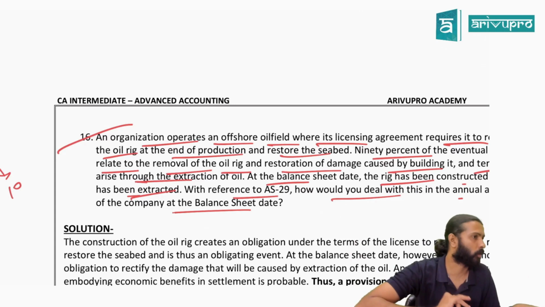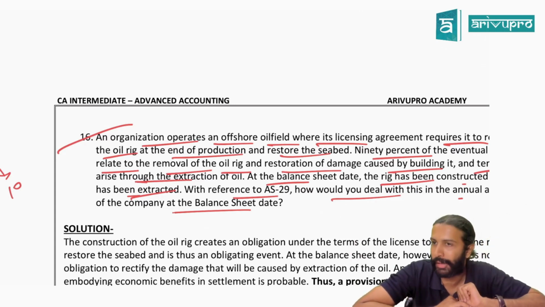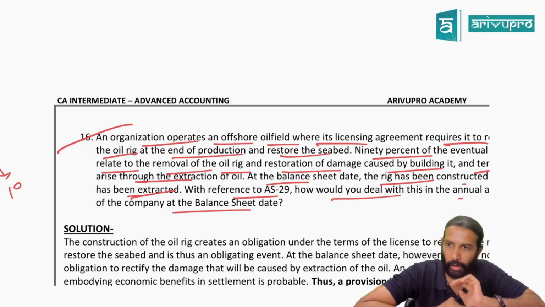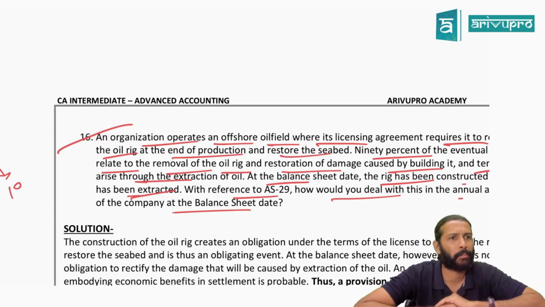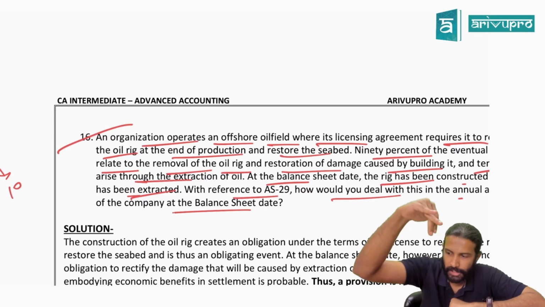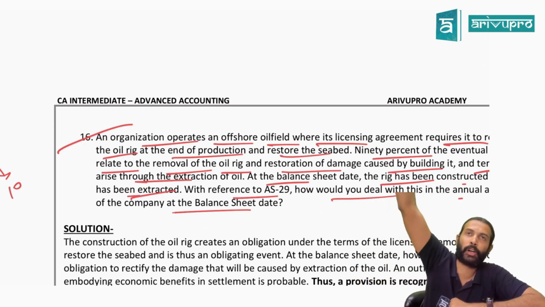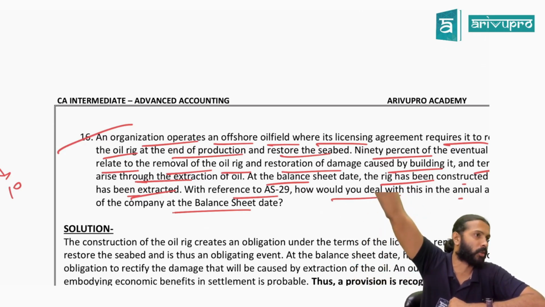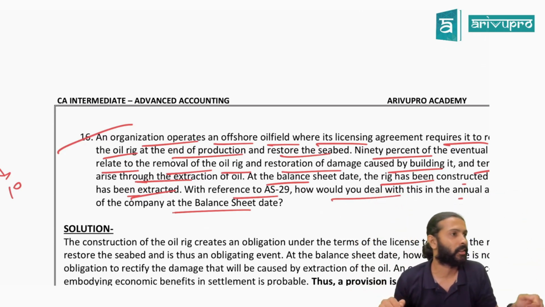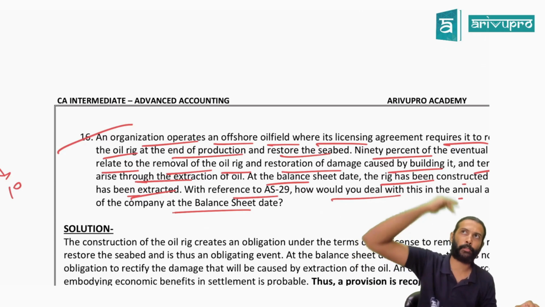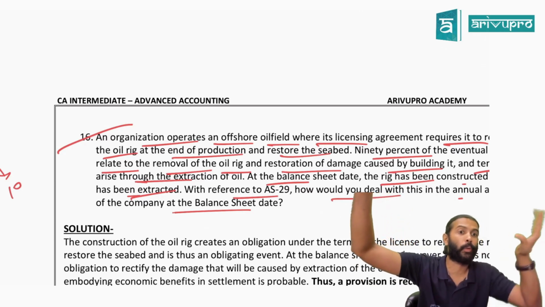In case of purchase of goods, you purchase goods for 4 lakh from creditors. How much you need to pay? 4 lakh. Is there any variance in that amount or is it fixed? So you book a liability. Here, do you know it? You have just constructed an oil well. You have to restore it maybe 5 years down the line or 10 years down the line. That means all this restoration cost will come now or after 5-10 years. Can you 100% say that after 10 years it will be 5 lakh only, or it could vary?